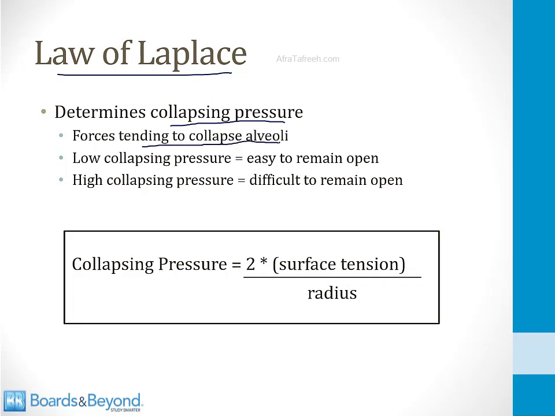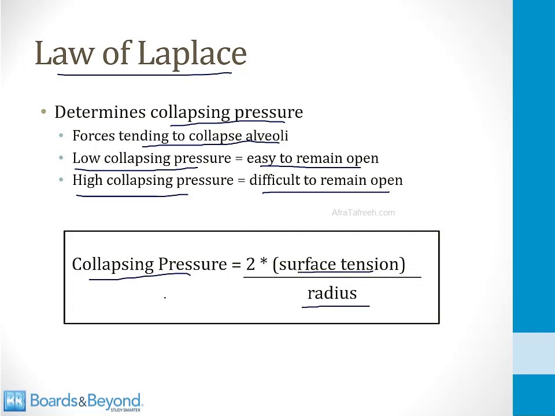And if you understand this, it should be easy to understand that a low collapsing pressure is good. That means there are relatively few forces trying to collapse the alveoli, and it's easy for an alveolus to remain open. In contrast, a high collapsing pressure is bad. This means there are lots of forces trying to collapse alveoli, and it's difficult for an alveolus to remain open. And so the law of Laplace says that the collapsing pressure is equal to 2 times the surface tension divided